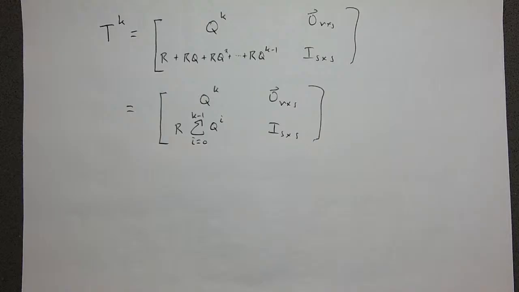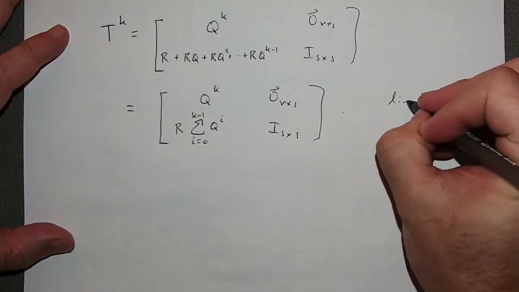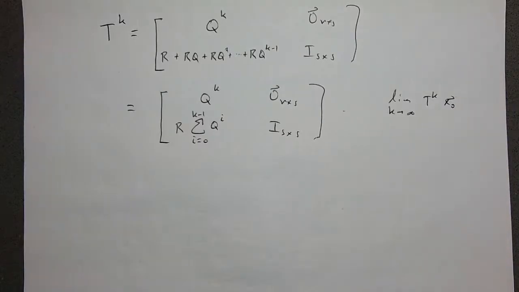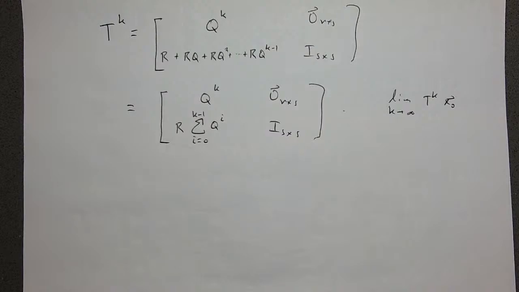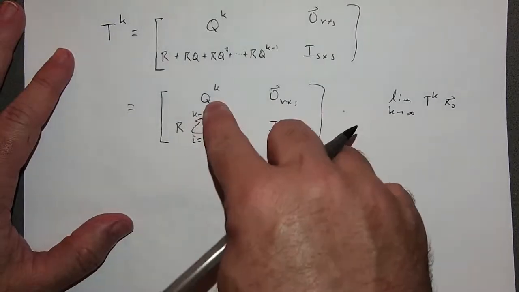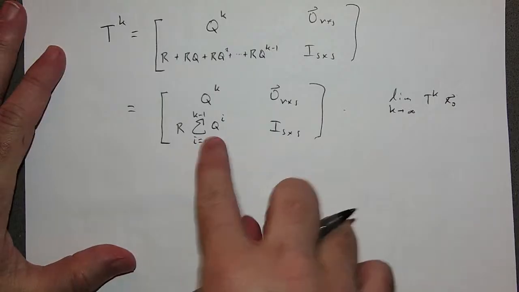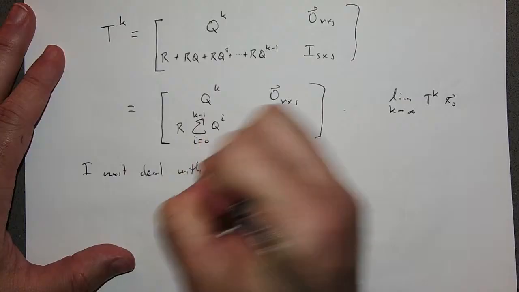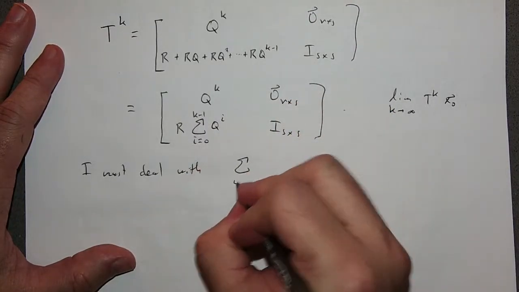Okay. Now, here's the thing. When we take this limit, so I want to take the limit as k goes to infinity of t to the k times some initial vector, right? When I take this limit, I'm going to have to deal with this sum. Obviously I'm going to have to deal with a q to the k, but this sum is actually more tricky. If I can deal with this sum, then dealing with q to the k is not going to be a problem. I must deal with, when I take the limit as k goes to infinity, this sum becomes an infinite sum,